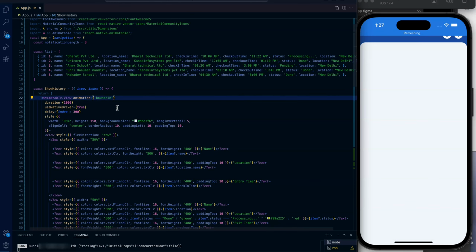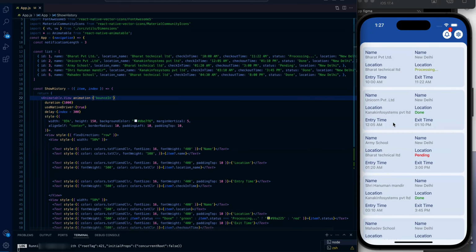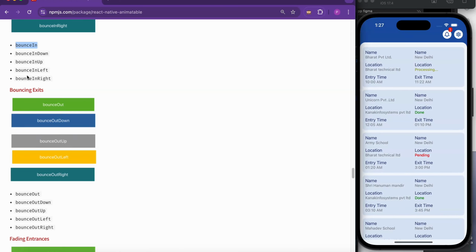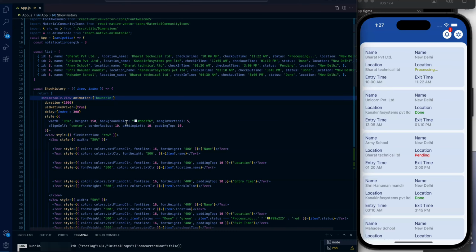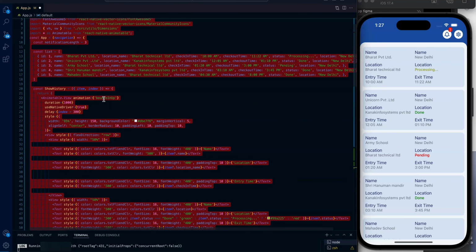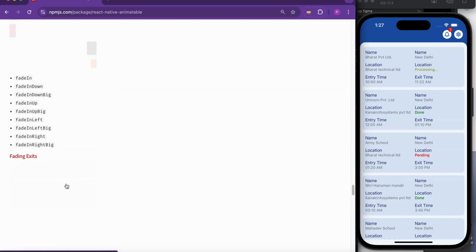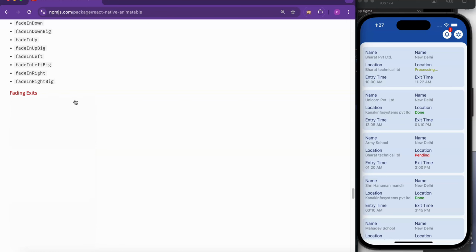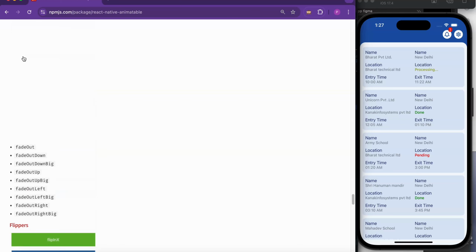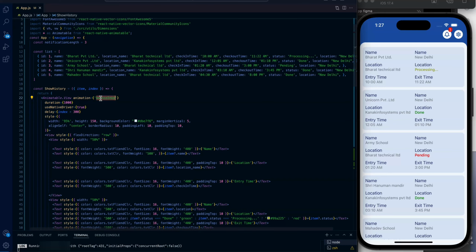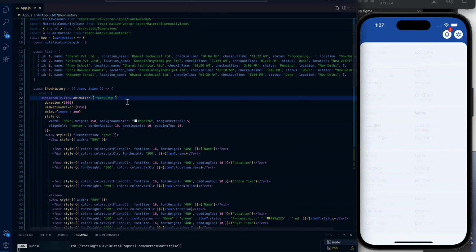If we are using bounce in, it can show the bouncing effect. Bounce in up. If we are using fade out,